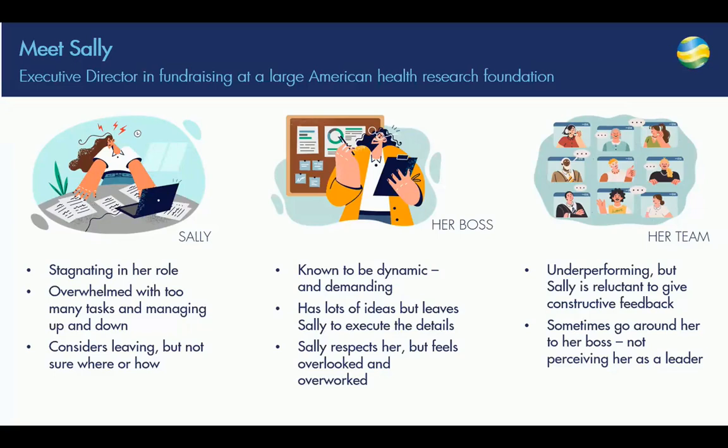And so even though some of them wanted her advice and wanted a lot of her time, others were not really perceiving her as the leader. In fact, one person, when he gave his resignation, gave it to the boss rather than Sally herself, even though he directly reported to her. So again, a lot of stuff's going on for Sally, right? And she's frustrated. And again, she's at the point of kind of no return.